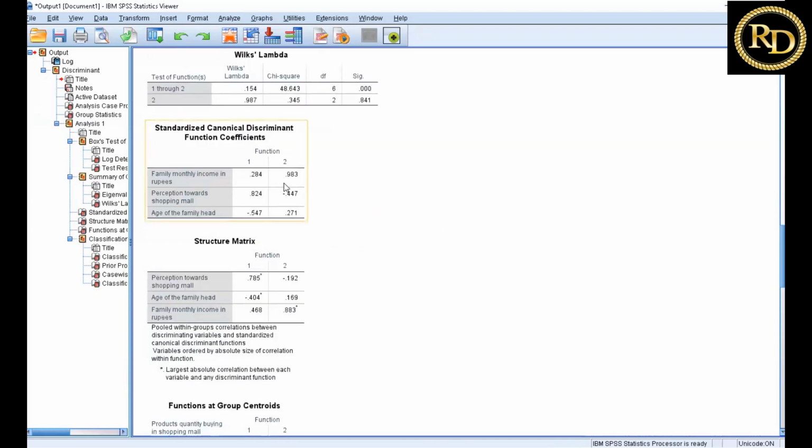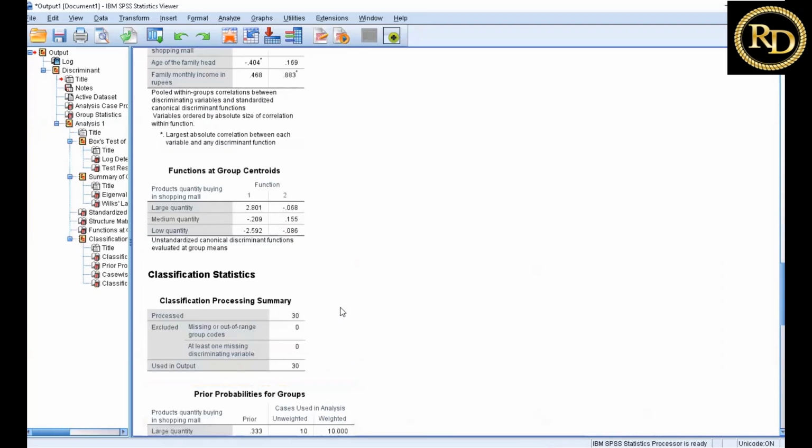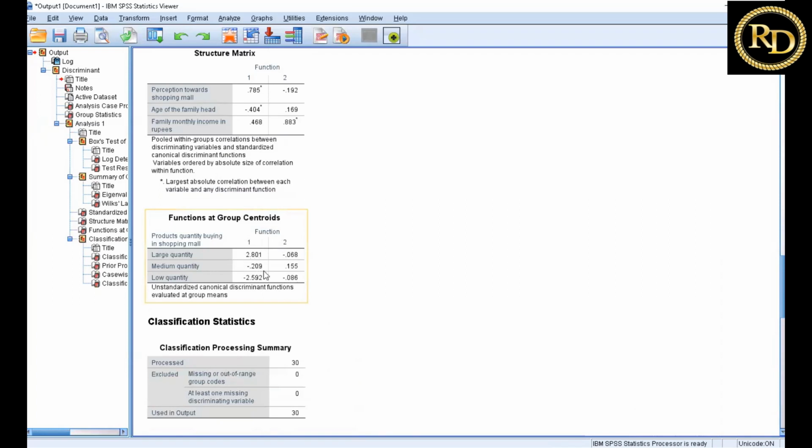And you can see here, these are the 2 functions and these are the coefficients for the 2 canonical discriminant functions. On the basis of this, you can go for the centroid, and on the basis of that value, where the centroid observations are, we can calculate. These are the centroids. On the basis of these, we can classify the observations. One function is performing well, the second one is not. So if the values of Z are close to 2.8, they will be put in the first category, large purchaser and medium purchaser. If the values are around minus 0.2 and minus 2.5, then